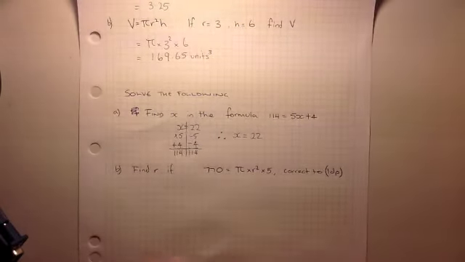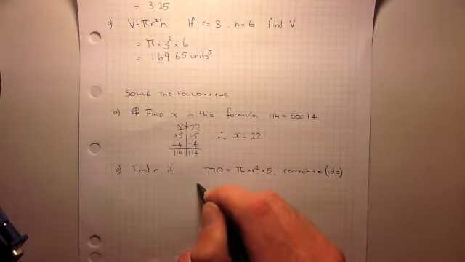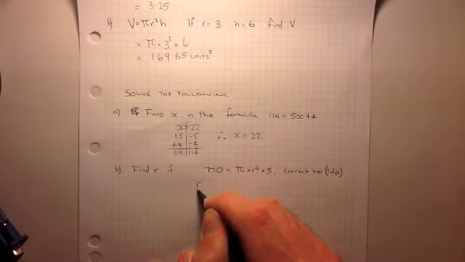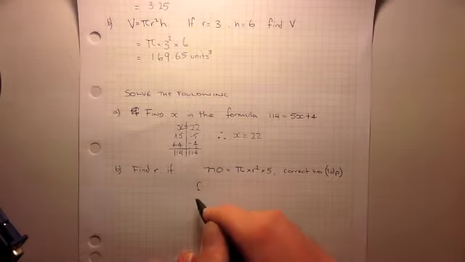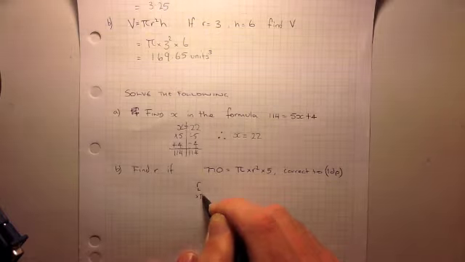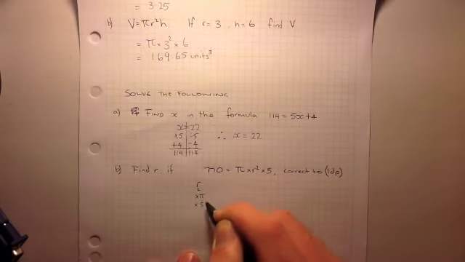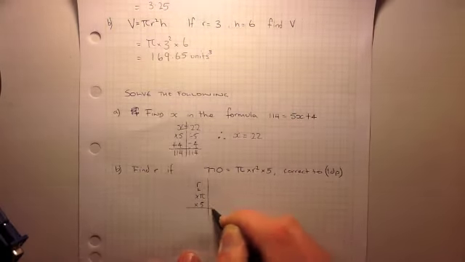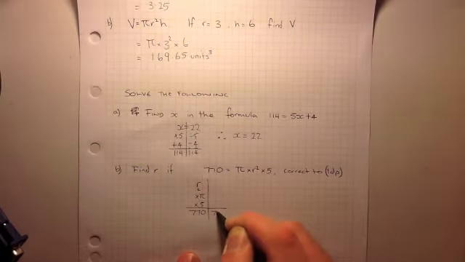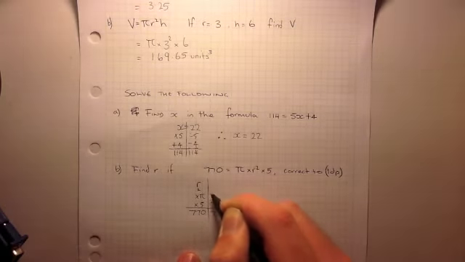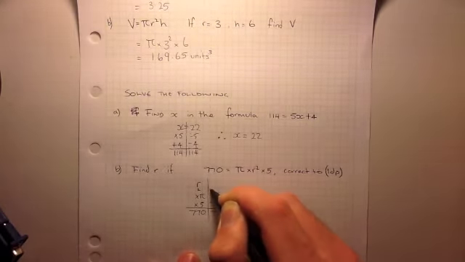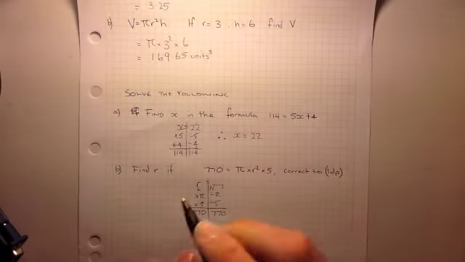Here again, I have another formula. By the looks of it, it looks like it's the volume formula again, and I need to find r. So I start off with, there was the number r. First thing I did was I squared it. After it's squared, it was multiplied by pi and by 5. The answer was 770. I divide by 5, divide by pi, square root, and the answer to that is